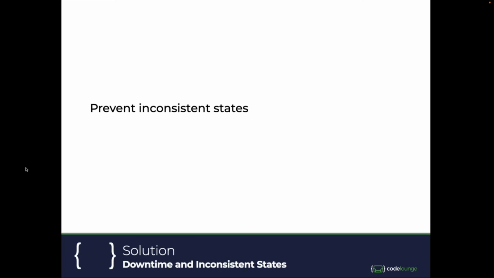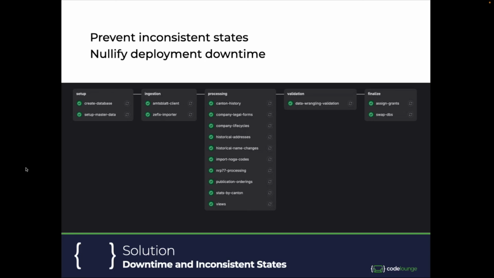Another important aspect of this pipeline is that it allowed us to reduce the downtime and avoid inconsistent states. This too we achieved with a single trick. At the very beginning of the pipeline, we connect to the Docker container that contains our database, for example, staging.db. Instead of dropping the current database and running all the pipeline on a newly created database, we just create a temporary database and we perform all the pipeline on this temporary database. And at the very end, if everything went well,